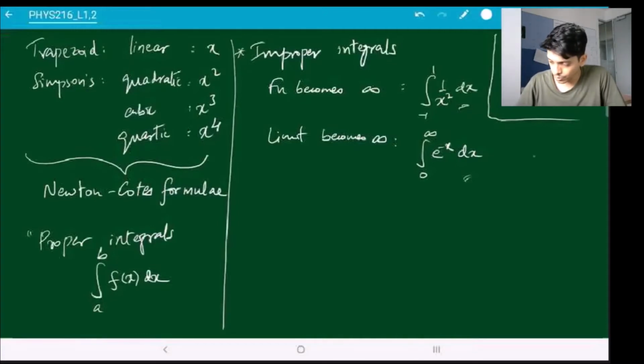Like for example, if you want to do integral 1 over x dx from 0 to infinity, this integral itself doesn't exist. If you try to evaluate it, it will blow up. So mathematically, this is not defined. So this is called an impossible integral. So we're not talking about impossible integrals. We're talking about integrals that are possible to evaluate, except that there is some infinity in the limits or in the function. So the most commonly used technique in this case is to use a change of variables.